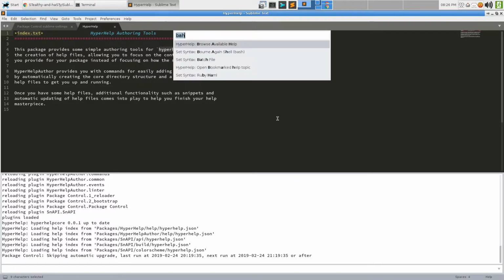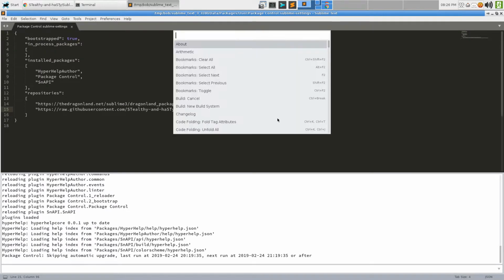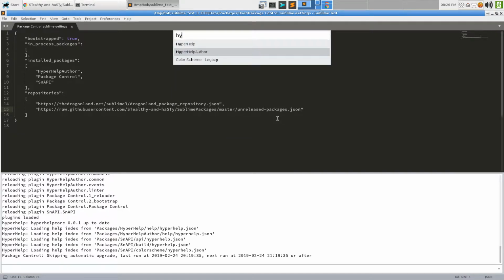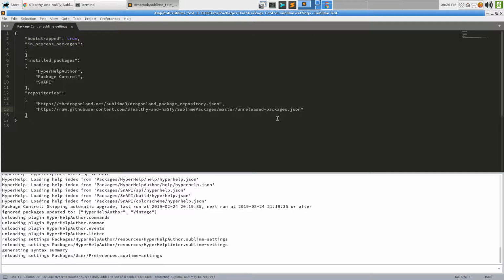But now let's say we have a problem and we want to disable a package. We'll close that help. The package we want to disable is HyperHelp author, let's say, because we don't want to use it right now. So we can see the list of ignored packages was updated to include HyperHelp author, which made Sublime automatically